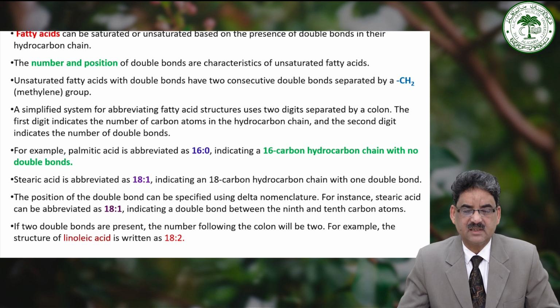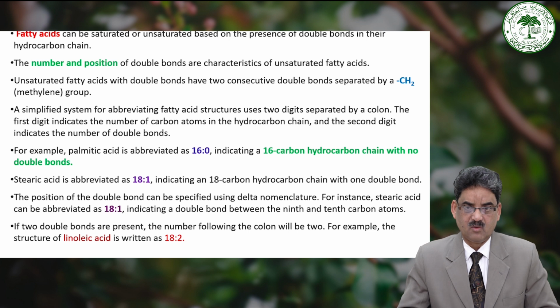In the case of unsaturated fatty acids with multiple double bonds, the arrangement involves two consecutive double bonds separated by a methylene group. A straightforward system for abbreviating fatty acid structures